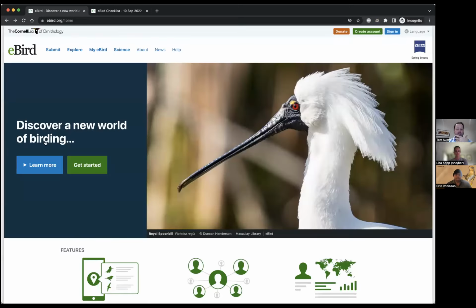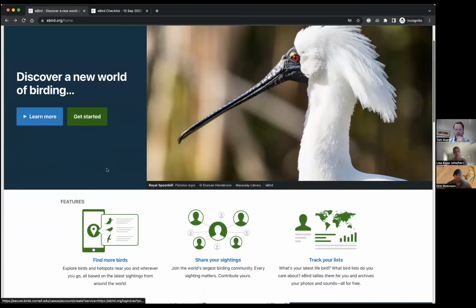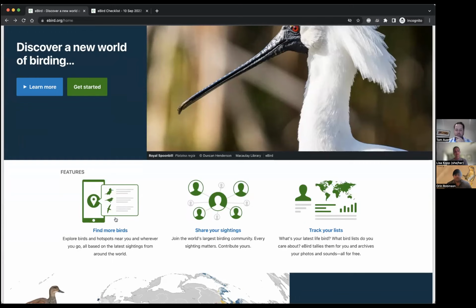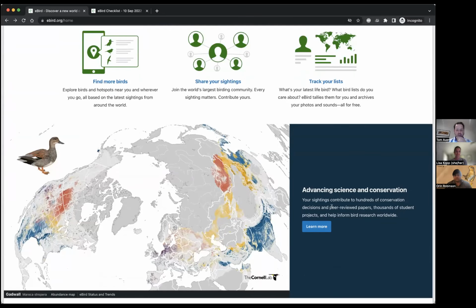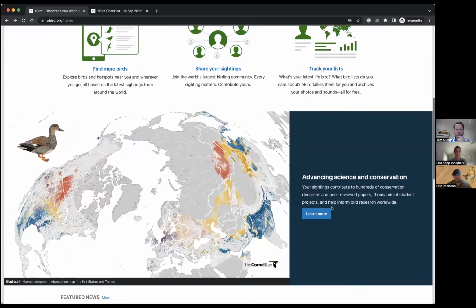And then we also have a lot of great tools. There's some videos you can watch if you want to learn more, and you can read more about the different features, how to find more birds, how to share your sightings with people. We have a great community. And then, one of the valuable tools that we offer for people is your ability to track your lists and keep them up to date. And then you can start to dig into science, status and trends and science information if you want to.